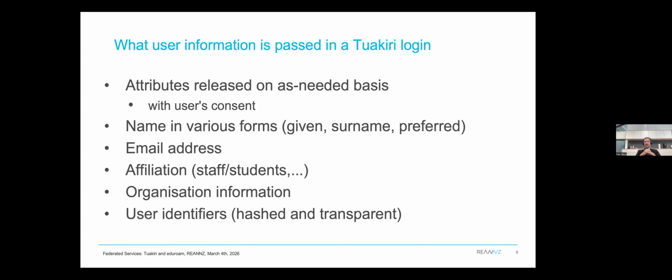The attributes further contain information about the organization the user is coming from, which would be the same for all users from that organization, like the organization name in a machine readable form, human readable form. And it also passes user identifiers, some are hashes, some are transparent, readable, and just because of how the technology evolved, there are several identifiers in play. And we are currently transitioning from the older ones to the newer single subject ID, single pairwise ID.